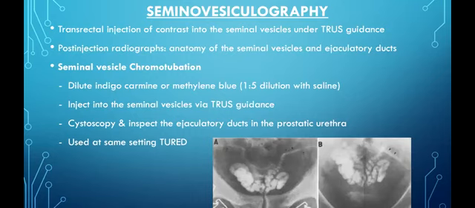And then a cystoscopy is performed, and if you can see the indigo carmine draining into the urethra, then you know that there isn't any obstruction. But if you can't, and it's usually nice and big and bulging, then you can perform a transurethral resection of the ejaculatory duct, and that should help. Once you see the blue draining, you know that you've opened up the ejaculatory ducts.